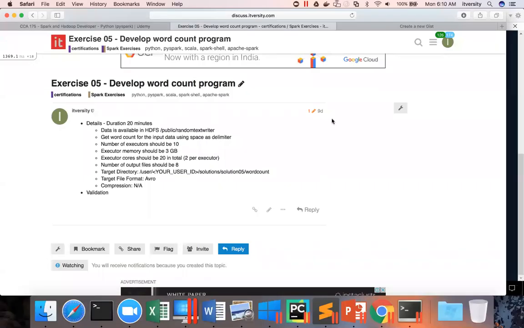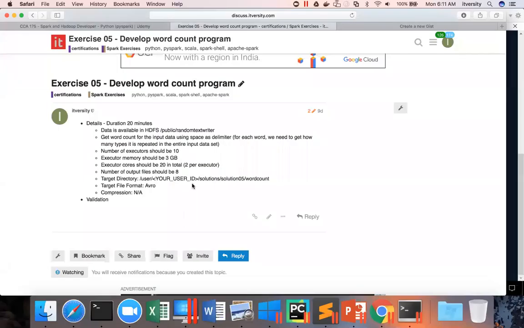So now let us look into the next exercise, developing word count program. Word count is nothing but for each unique word, we have to get how many times it is repeated. Okay, so data is available in this HDFS location